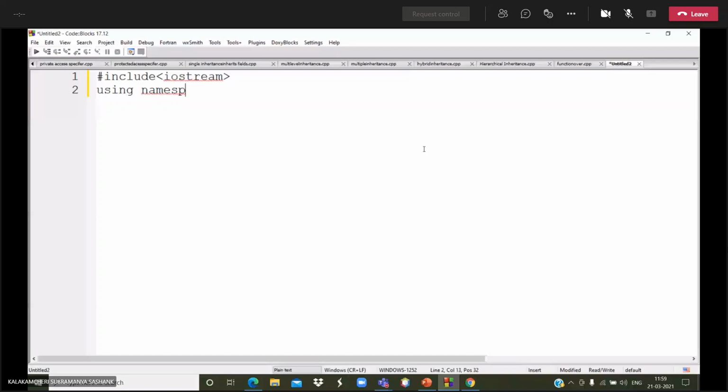Now I am using the private access specifier. I am declaring the num variable. Then I am writing the test function, in that I am passing the variable.